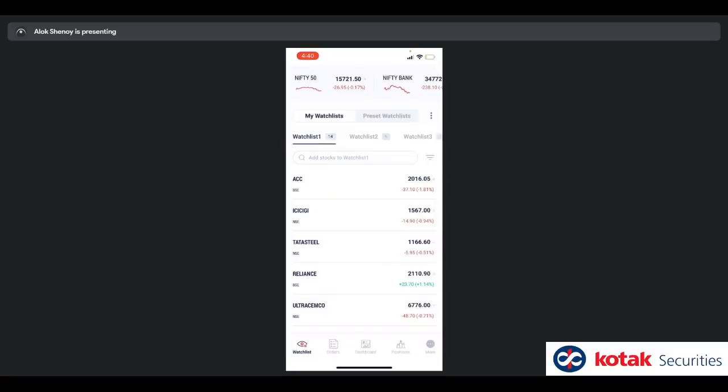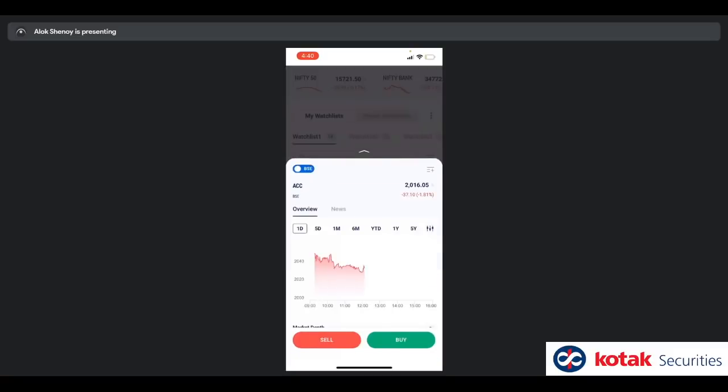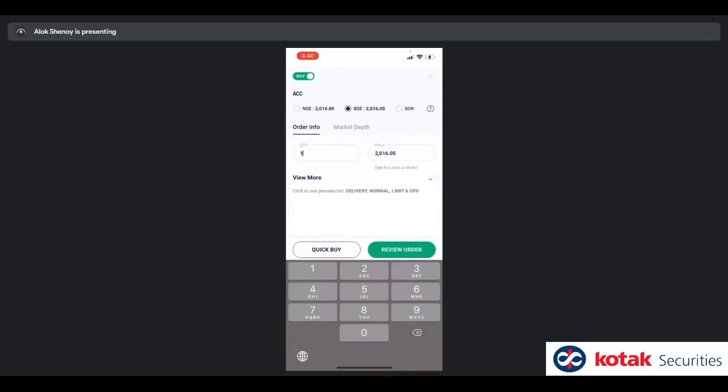Now if you open ACC, first a small window opens, a small window like this. Okay, and you can actually, just 1 second please, I'll just connect my charger. Okay, you can just click buy or sell and start trading from here. यहीं से आप ट्रेड प्लेस कर सकते हैं बाय सेल पे क्लिक करके.